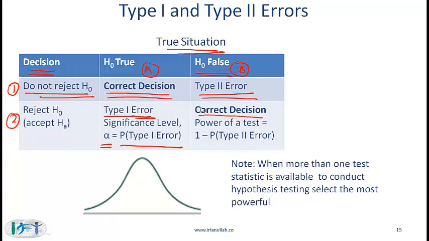The probability of this happening is called the power of a test, and the power of a test is 1 minus the probability of the type 2 error. When more than one test statistic is available to conduct hypothesis testing, select the most powerful. Most powerful means that this probability, power of a test, is the highest. This item is fairly testable, and notice that you have learned several buzzwords over here which you need to be